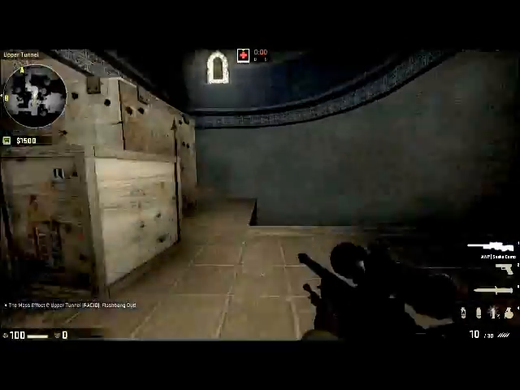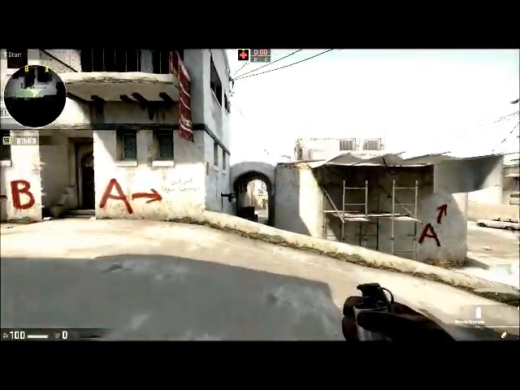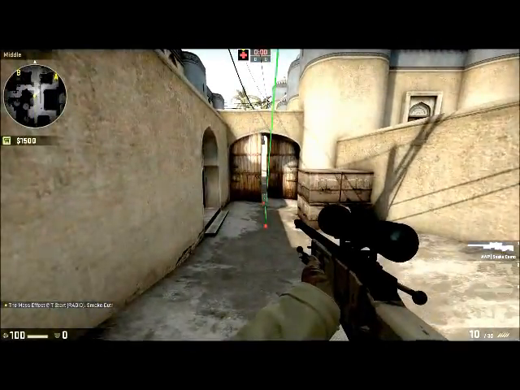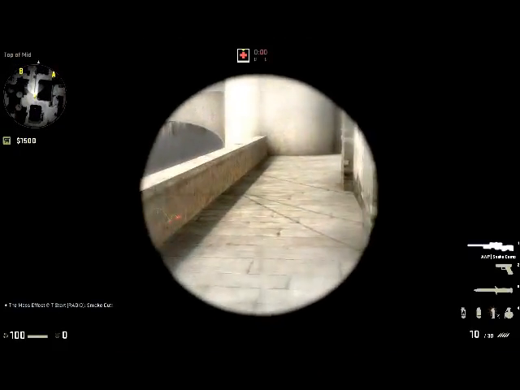Let's see. If you're doing a cat push, just smoke middle. You can do this, but there's gonna be a gap right there. So,